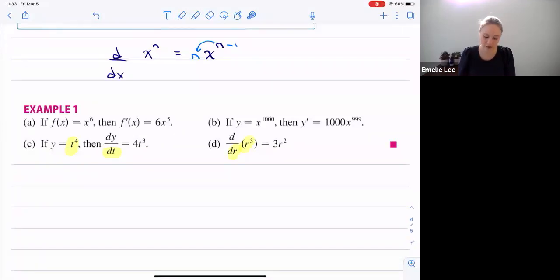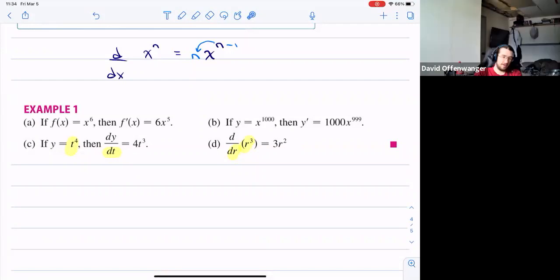It is showcasing a couple of different ways that you can write things. So if you have the function y equals t to the 4, then you could say dy dt, which is just saying the derivative of y with respect to t is this, or you can say d dr. So the derivative with respect to r of r to the power of 3 becomes 3r squared. So once you have the hang of that bumping down,